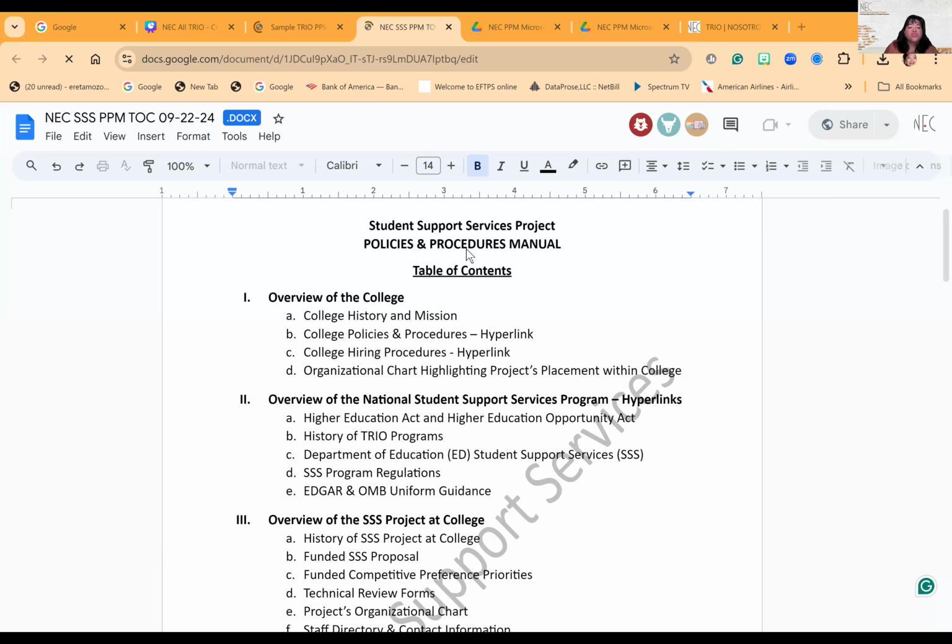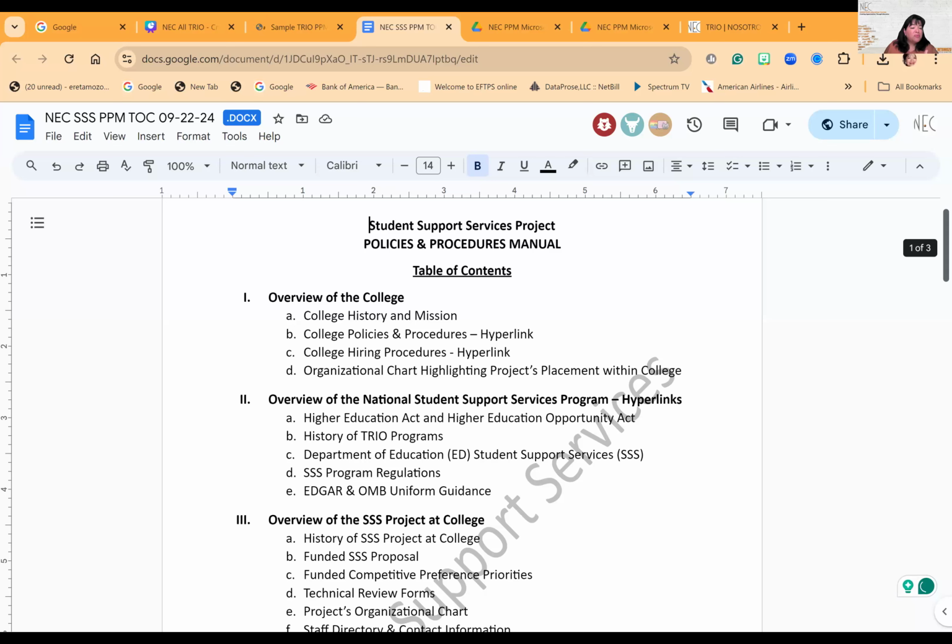So again, here's just one sample. It's not the best. It's not the worst. We like it, but you may not like the order of it, depending on your need. Maybe this information here you want to put at the very end, and you want to get straight to the nitty-gritty about what your project does, specifically. But this is one order.